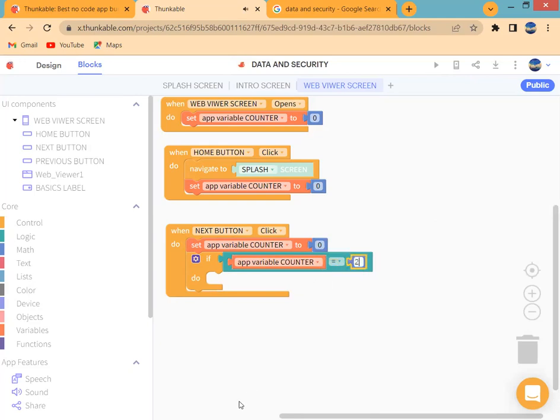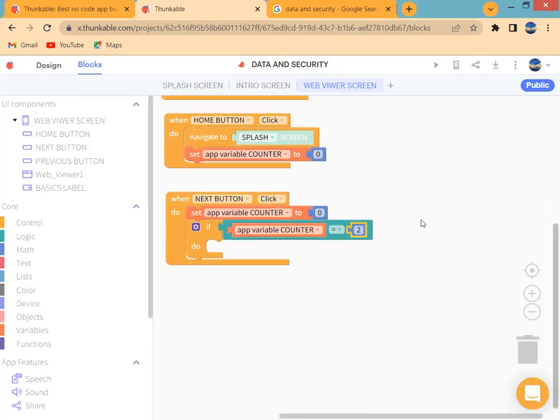Then what to do? Set web viewer URL to, we will set,